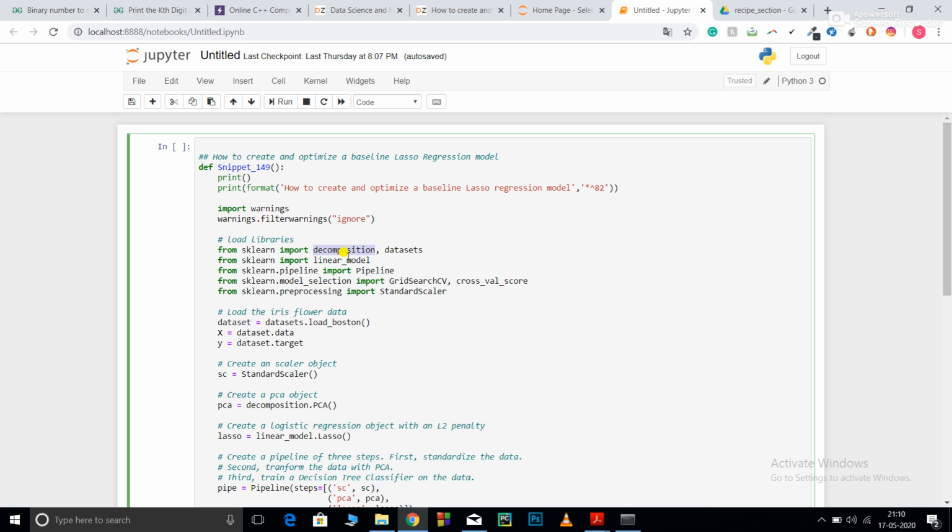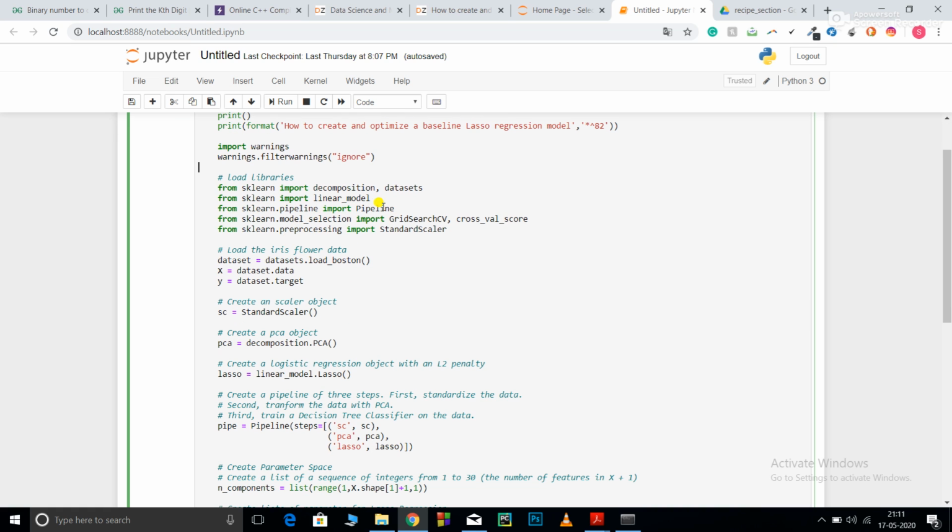When you reduce the number of columns, it reduces the accuracy, but it also reduces the time complexity. When the number of columns is more, the accuracy increases, but it also increases the time complexity of your model. And after that, from sklearn, I'm importing linear model, as lasso regression is a linear model.